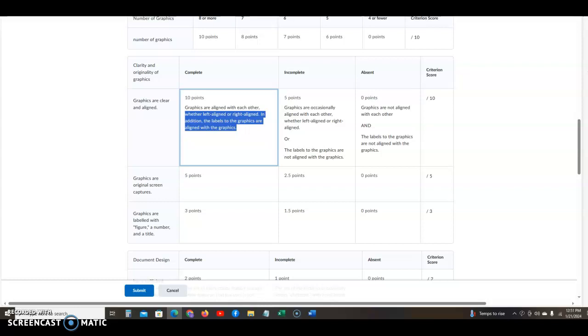Your graphics need to be labeled: Figure 1, Figure 2, Figure 3, Figure 4. They need to be original screen captures, and I showed you how to do that at the beginning of this video. They need the label with the word figure and number, and a title. Now,